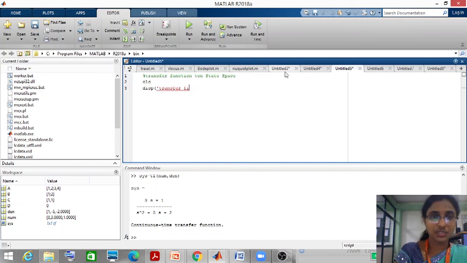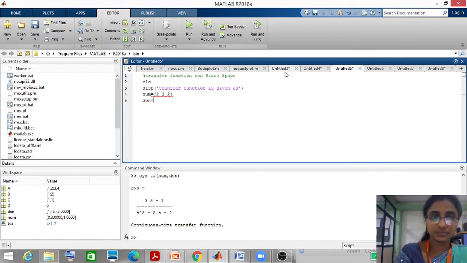given as follows. We are going to give the input, which in a transfer function is the numerator: 2 space 3 space 2. Enter.